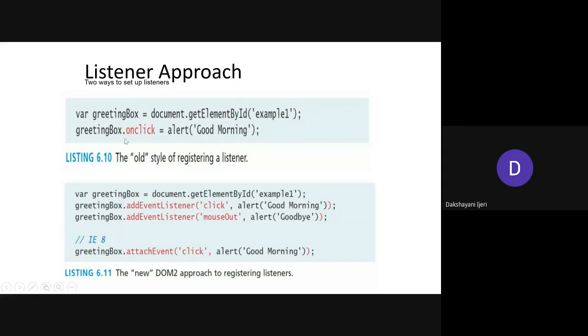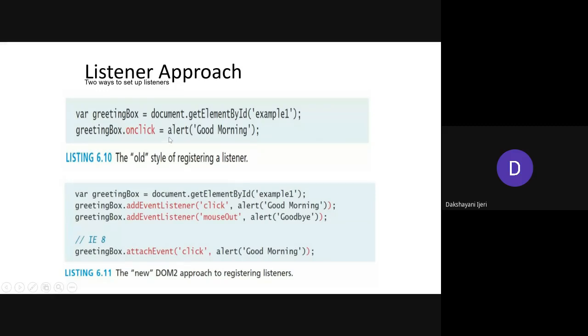In this example, the event is onclick, which tells that if the user clicks something, it has to give this pop-up message. This is the event, and based upon this event, this action needs to be performed. This is how it is used apart from the inline approach.